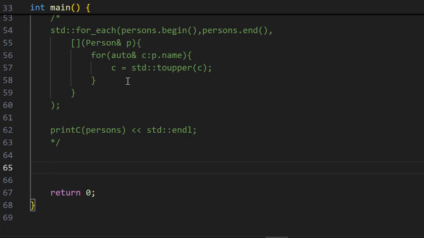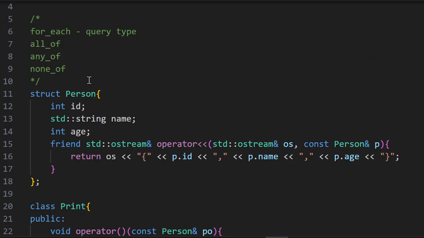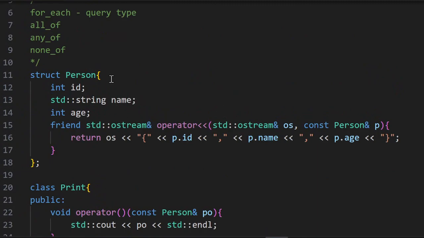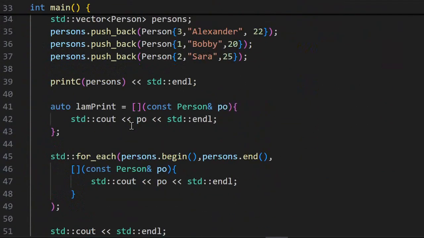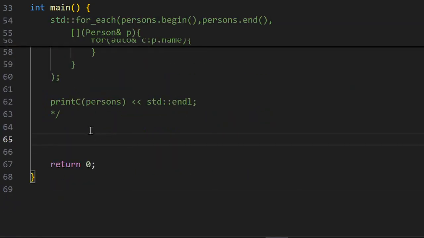So next I'm going to be talking about another algorithm which is all of. All of is an algorithm which checks all the elements of the container and sees whether a specified condition is satisfied in all of the elements or not. It obviously returns a boolean type, either true or false. So for example, you can use all of, let's say,